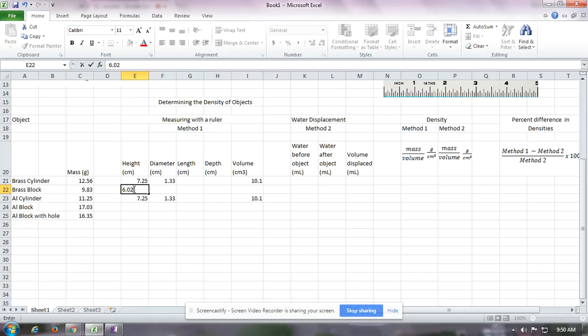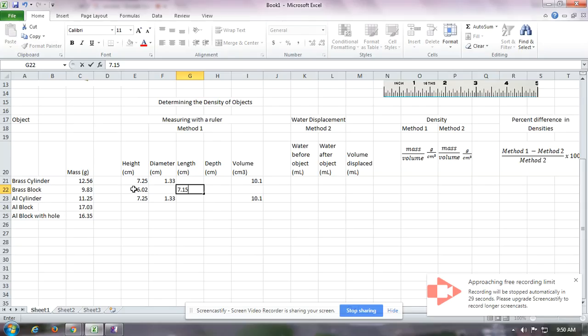6.02. The diameter we don't have, the length would be 7.15, and the depth would be, let's say 0.97. And so now I want to, and I'm running out of time, so I'm going to stop here pretty quickly. But anyway, you can see that using all of these algorithms, so if I write the algorithm for this, it is equals height times length times